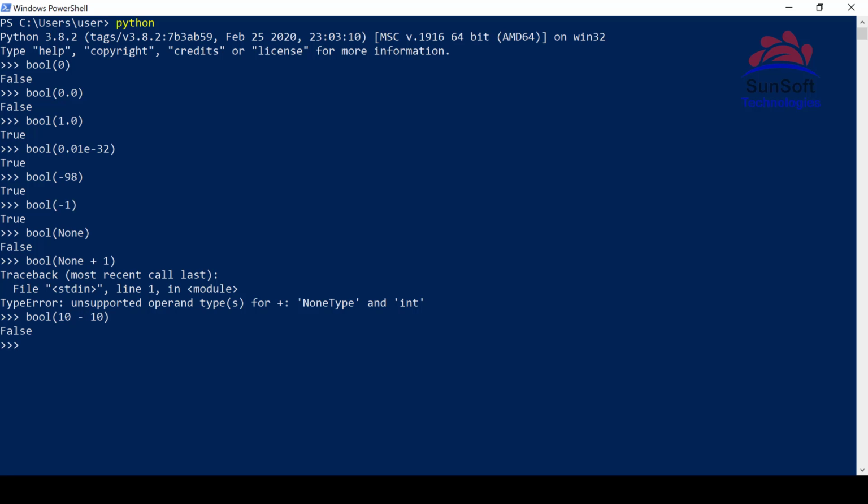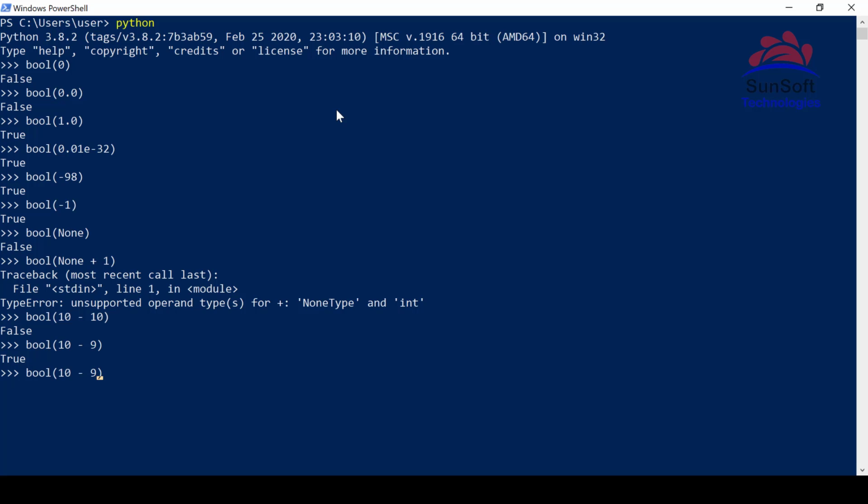It returns False. Why? The result of that expression is 0. Now what? It's True because the result is 1. So you have to understand that these arithmetic expressions are giving arithmetic results. The result of that expression is 0 only, but it points to False. Why? Because bool of 0 is False.